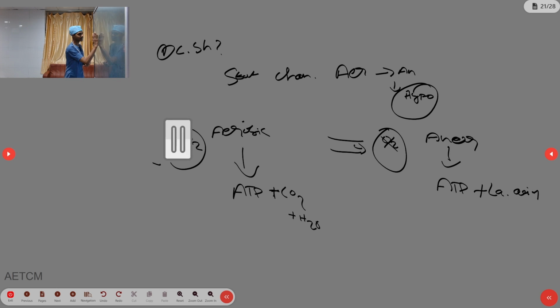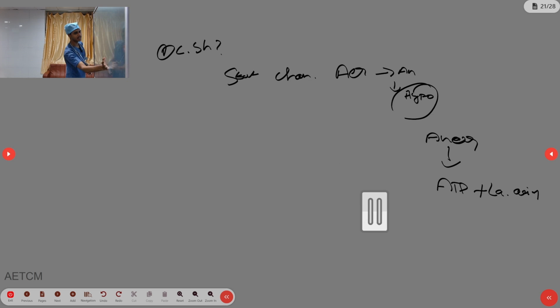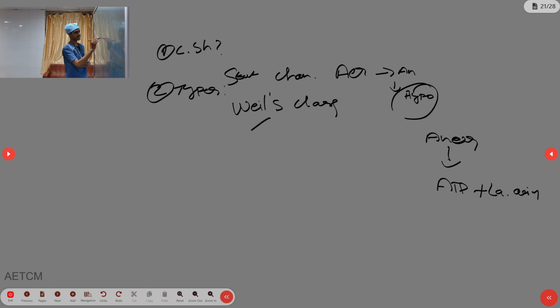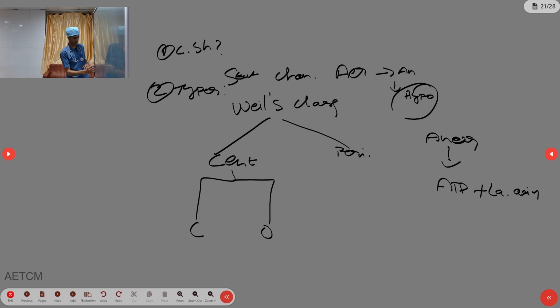So that is what is meant by circulatory shock. The second one is what are the classifications, or what are the types we have in circulatory shock. We have one classification, Weil's classification. We categorize into two major groups, central and peripheral. Central is CO: C for cardiogenic, O for obstructive. Peripheral has two major types, HD: H for hypovolemic,